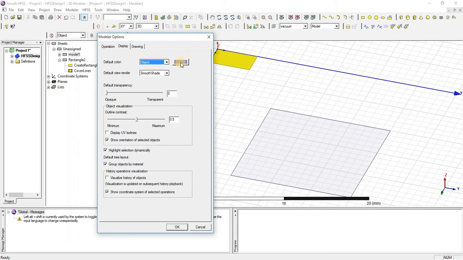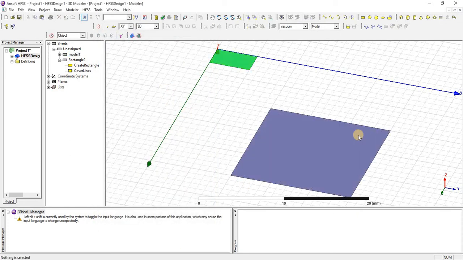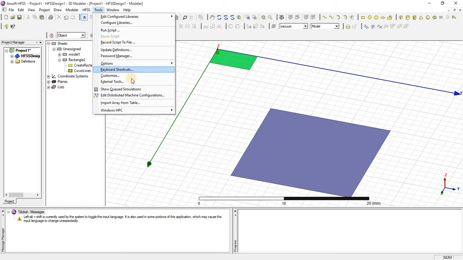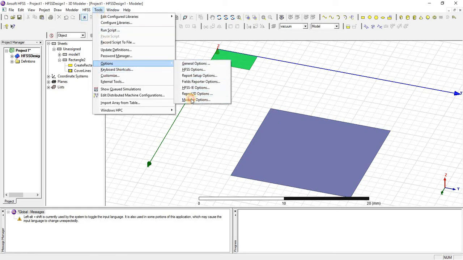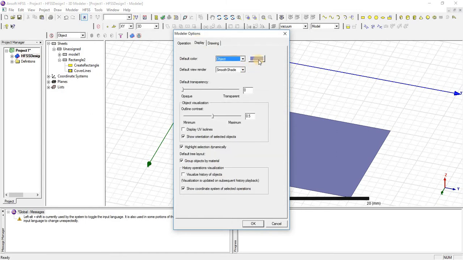When both the objects are not selected, the default color is this one, if we have not assigned any color. Here you can see that for this rectangle we have assigned a green color, but this one has not been assigned, so it is showing this color. We can change it also.